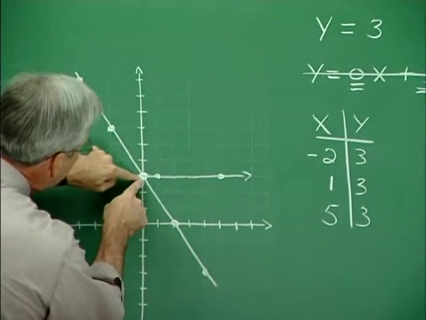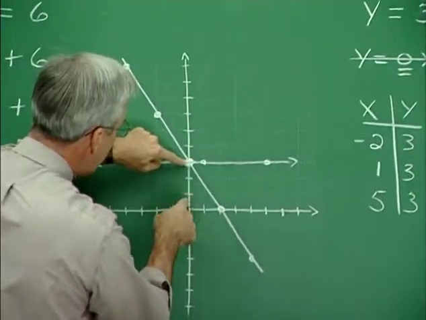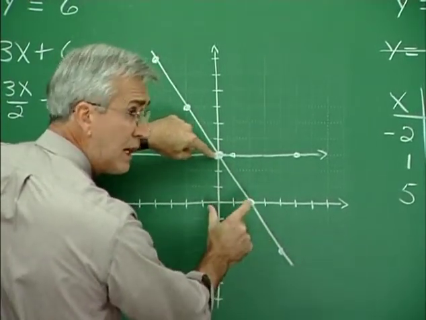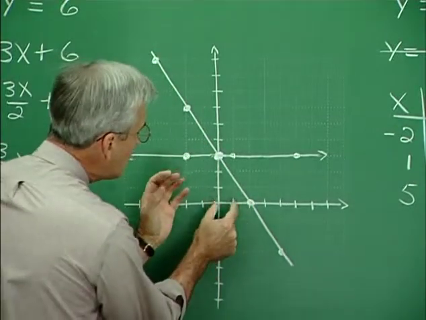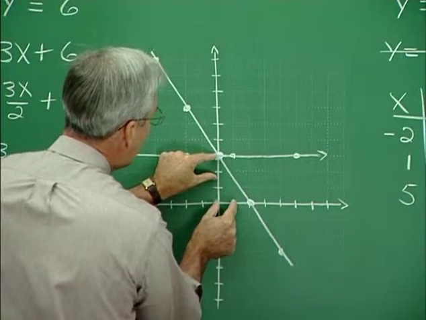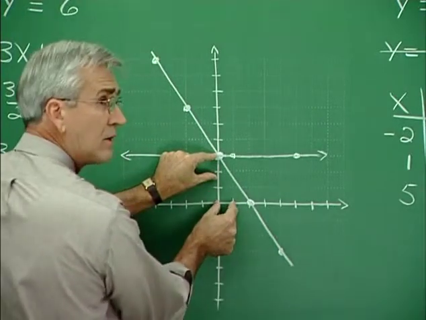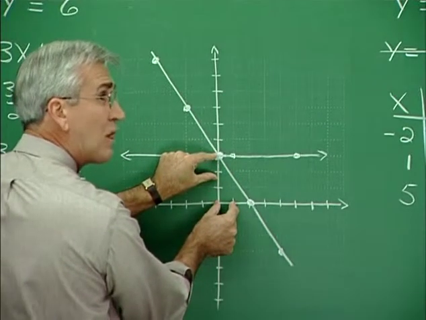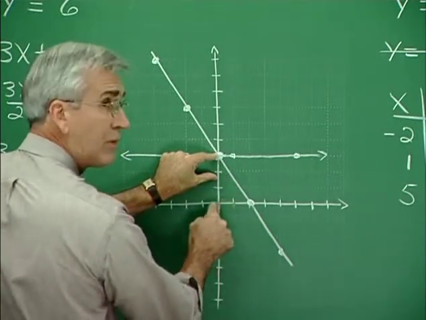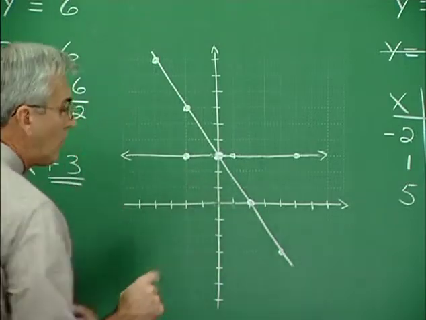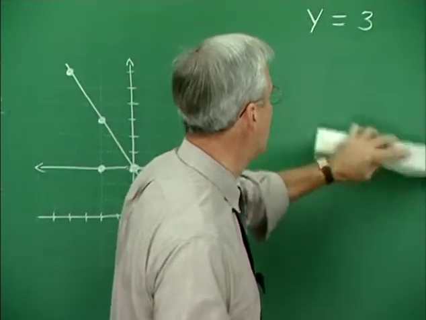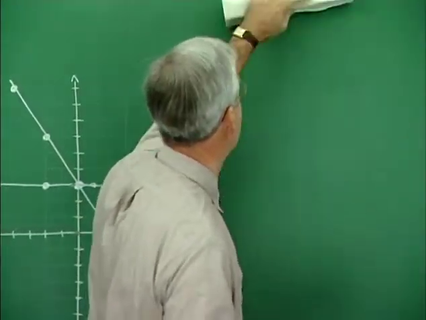So here, just between this point and this one, we are dropping 3 units for 2 units of run, you see. And if I reduce this to a single unit, you see I am falling 1 1/2 for every horizontal unit. So I am falling at the rate of 1 1/2 units per horizontal unit. All right, now, with that idea, we can make an interpretation in real-life problems and equations